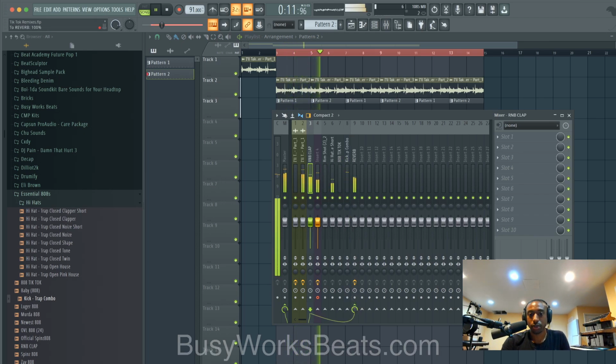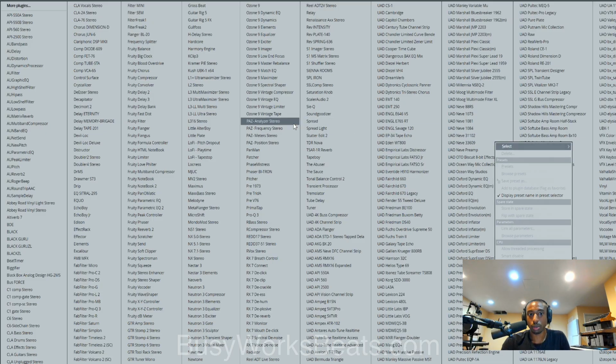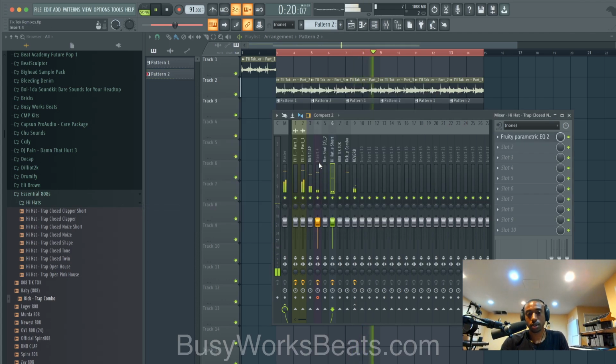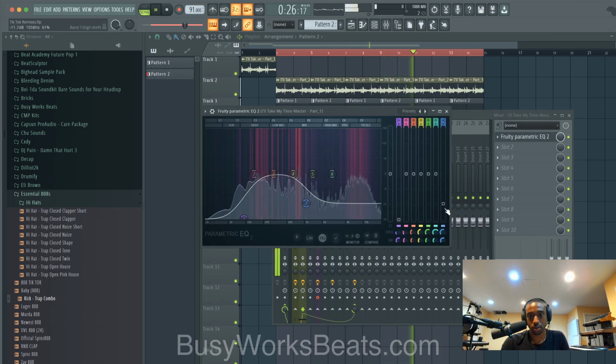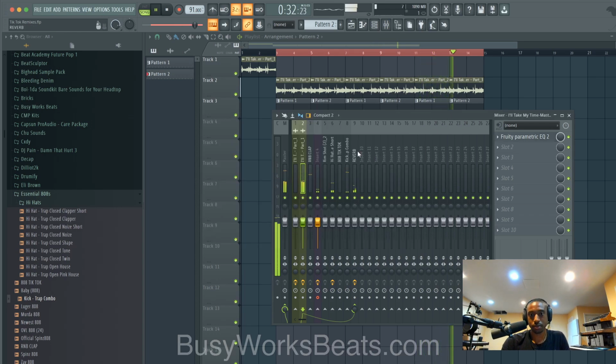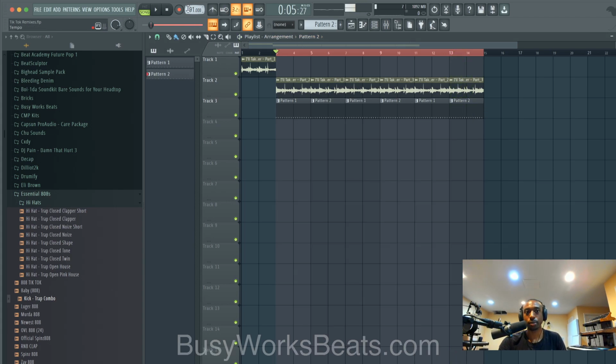Let's send the clap to the reverb. Now, if you want more of a Drake vibe, let's add a low pass filter to our hi-hat. If you want to filter more out, just pull this down. Again, the cool part is you can up the tempo or the BPM because we have that time feature.